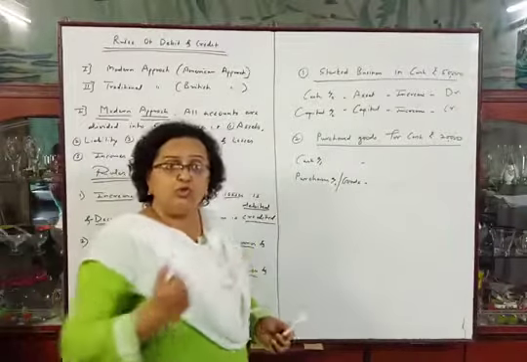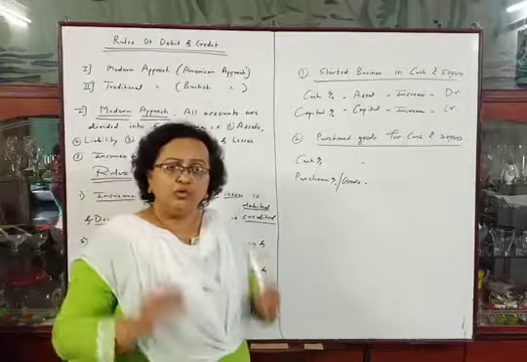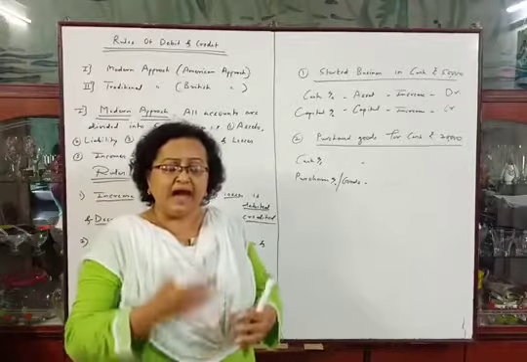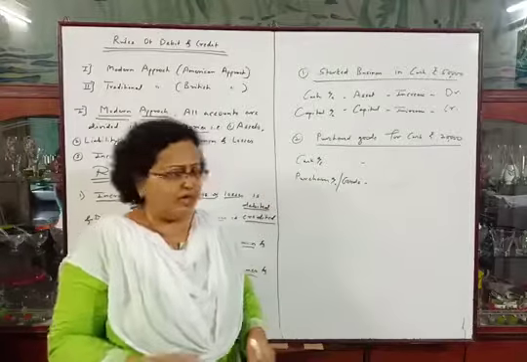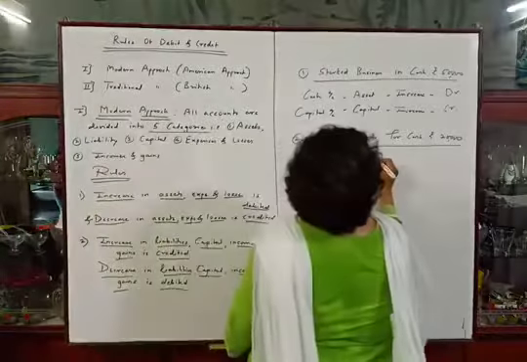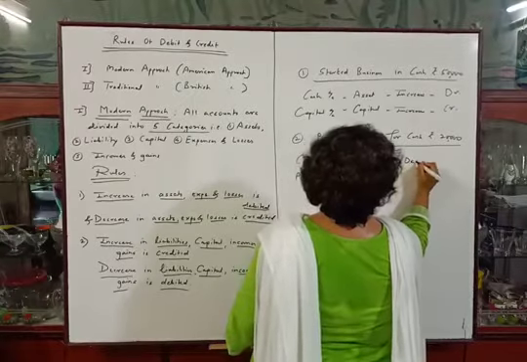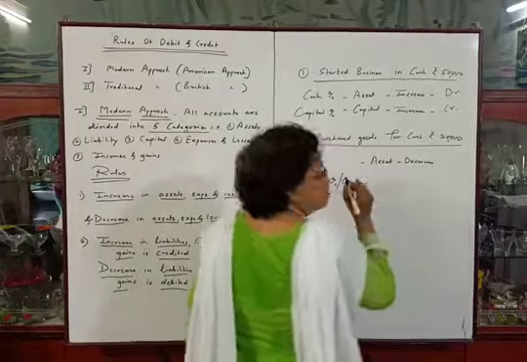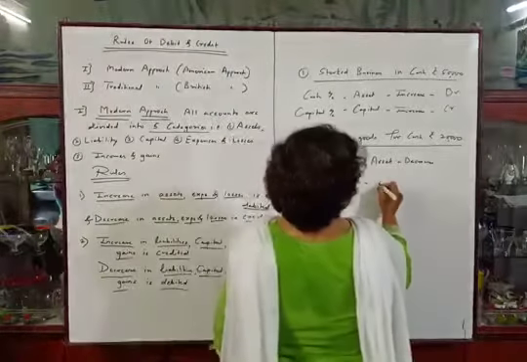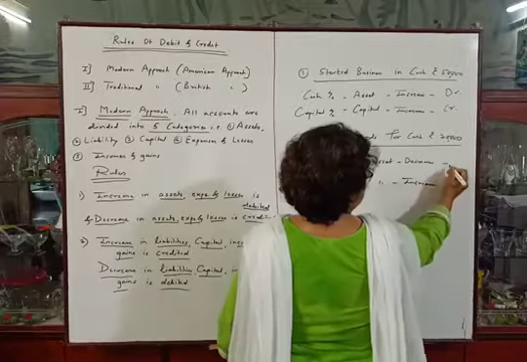Now here we are purchasing goods worth rupees 20,000. When we purchase, goods are coming into the business. It means goods are increasing and cash is going out from the business, so cash will be decreasing. Okay, so cash, this is an asset, it decreases due to this transaction, and goods also is an asset, it increases because goods are coming into the business.